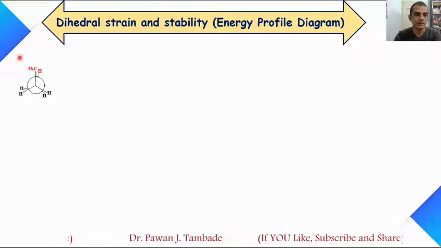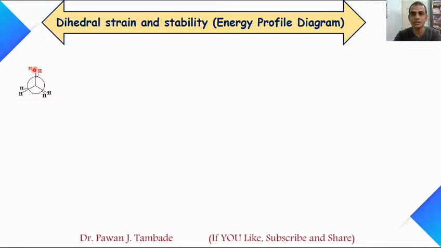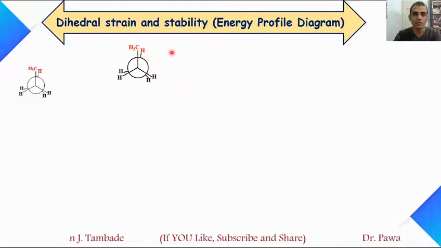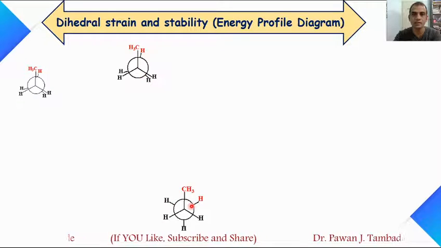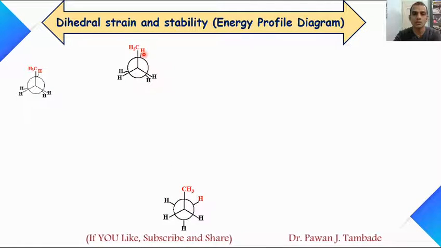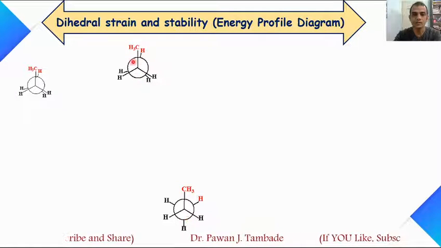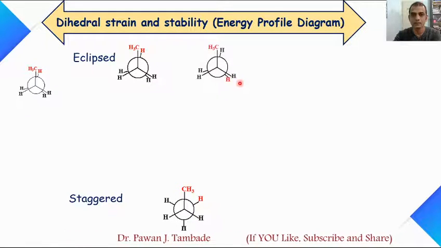So this is again our propane molecule, and we are going to rotate it again by 60 degree each time, so that we can get the energy profile diagram. So this is our propane molecule in eclipse structure. If you rotate this molecule by 60, we will get this conformation. Dear friends, look at the position of this hydrogen atom, which is shown by red color on the back carbon atom, and you will find out the dihedral angles. So we got this conformation by rotating this one by 60 degree. Further, if you rotate this by 60 degree, we will get this conformation.